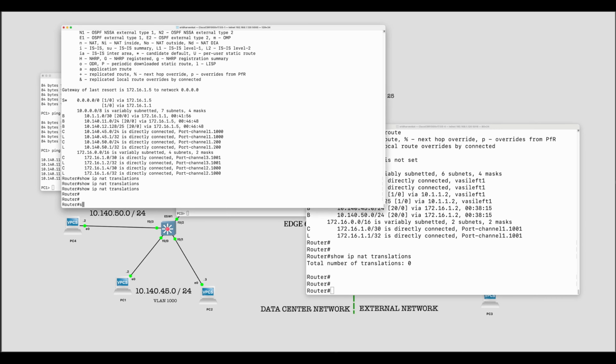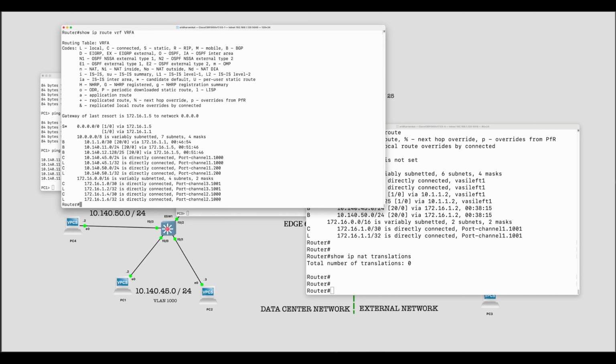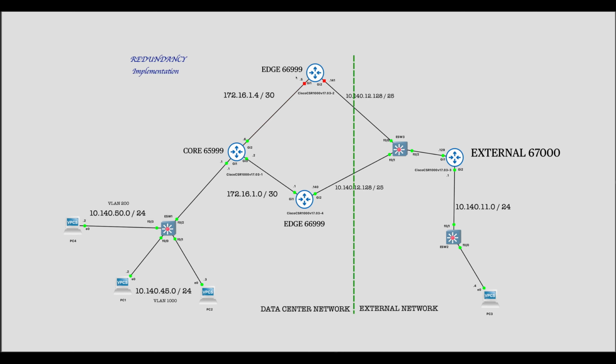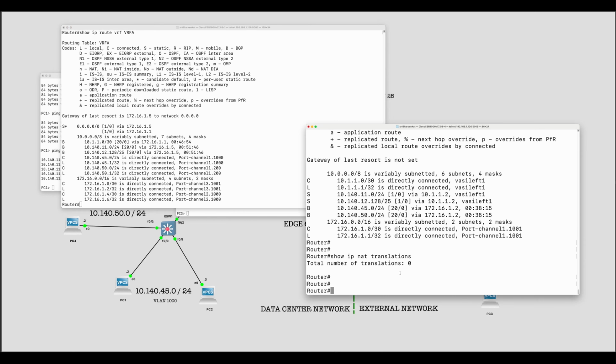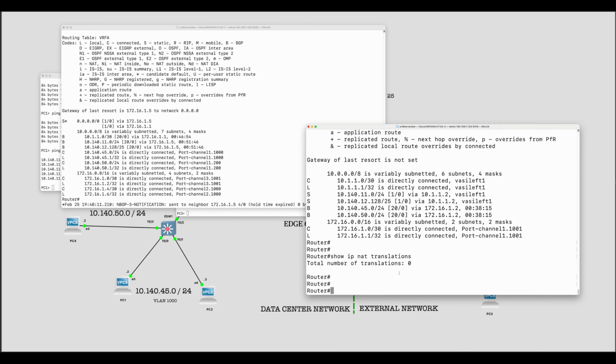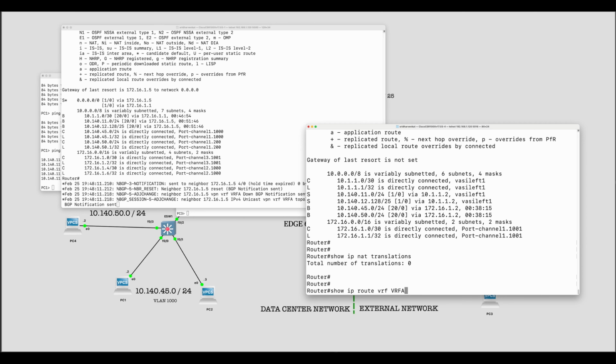While we are waiting, I can always look at the route. And it is still pointing to .5, which is the north. And here also, if I look at the route,